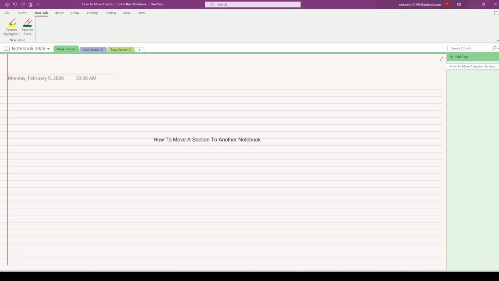In today's video, I'm going to teach you how to move a section to another notebook. If you work with multiple notebooks, moving a section is a great way to keep related pages together without recreating anything. A section is the colored tab that groups a set of pages, and a notebook is the top-level container